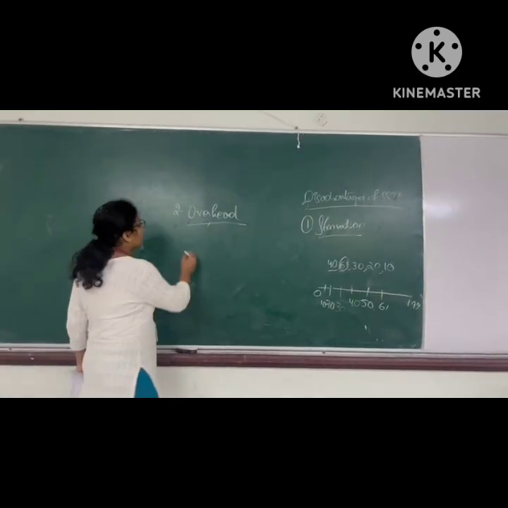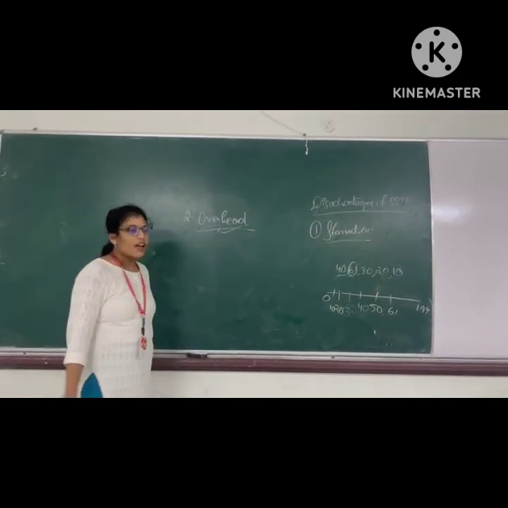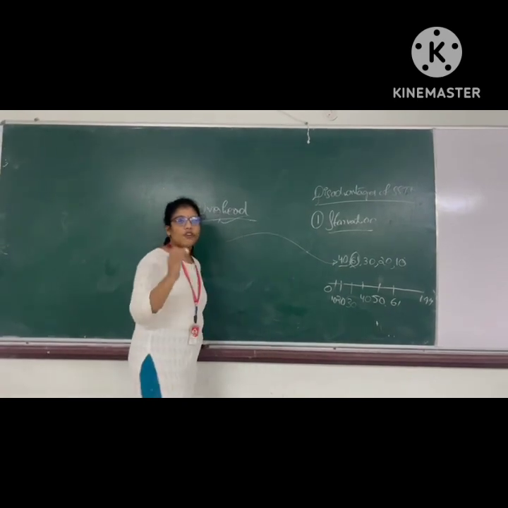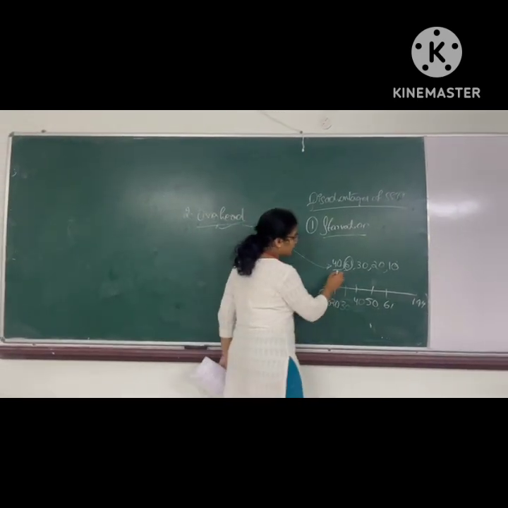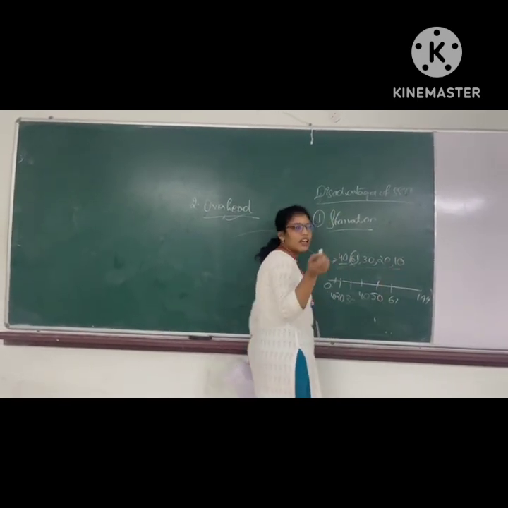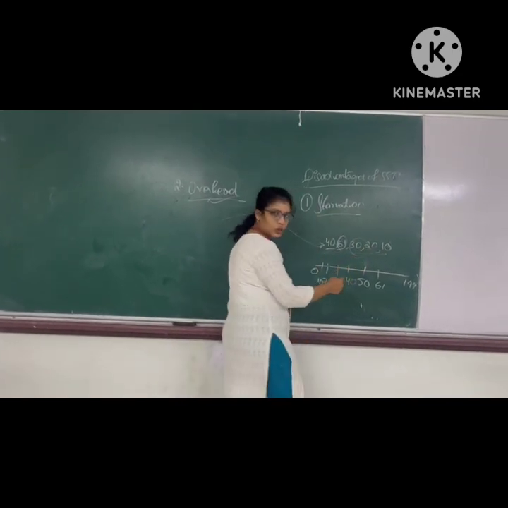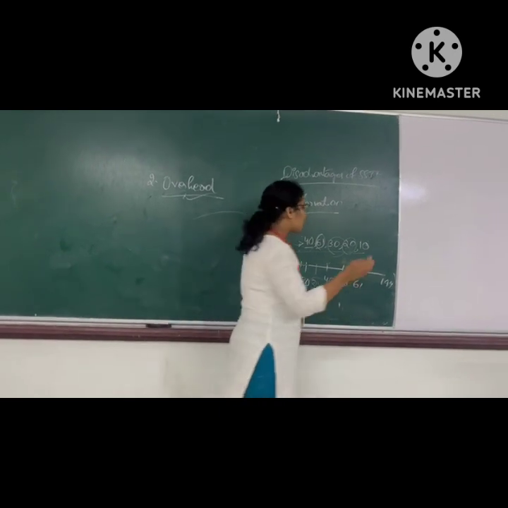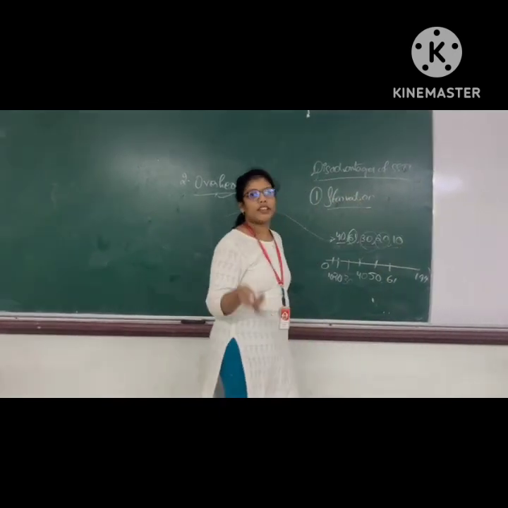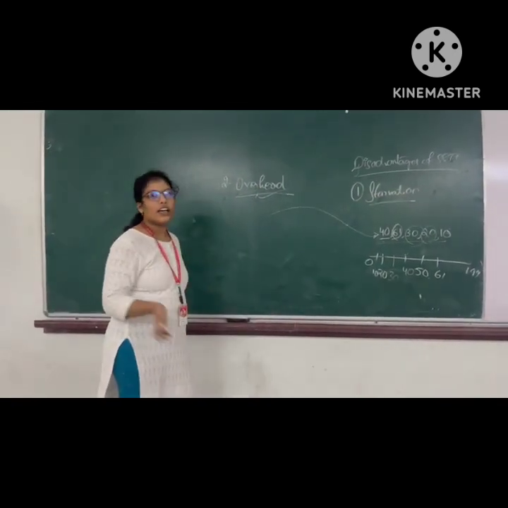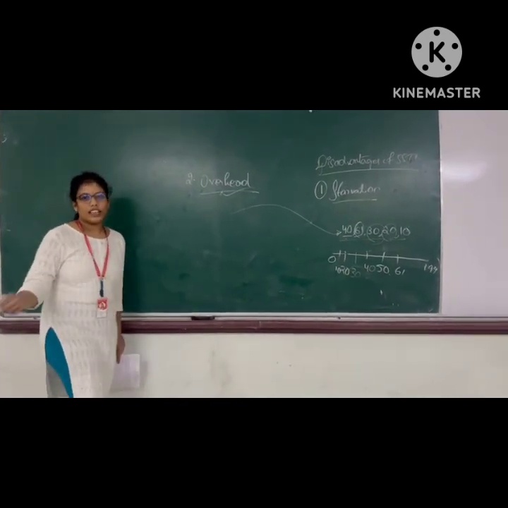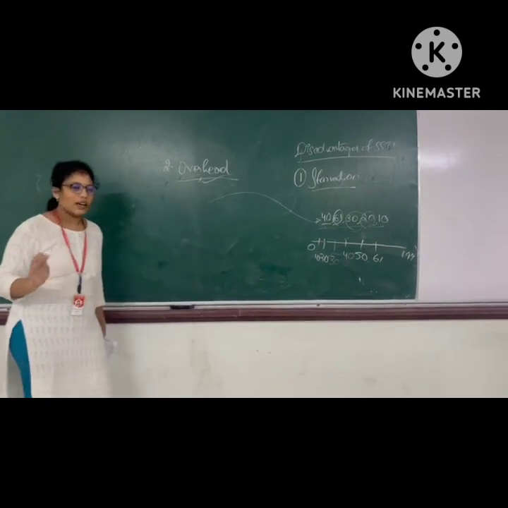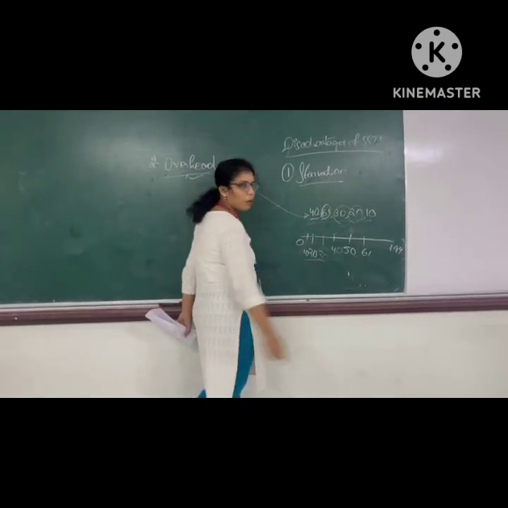Now coming to the second disadvantage, which is overhead. Overhead means every time we have to check the entire queue for a single process. First time we have to check n minus 1 elements, for the second time we have to check n minus 2 elements, for the third time we have to check n minus 3 elements, and for the fourth time we have to check n minus 4 elements. In this way we have to scan the entire queue every time. This is a time-consuming process, but however it has less seek time. This is one of the major drawbacks.